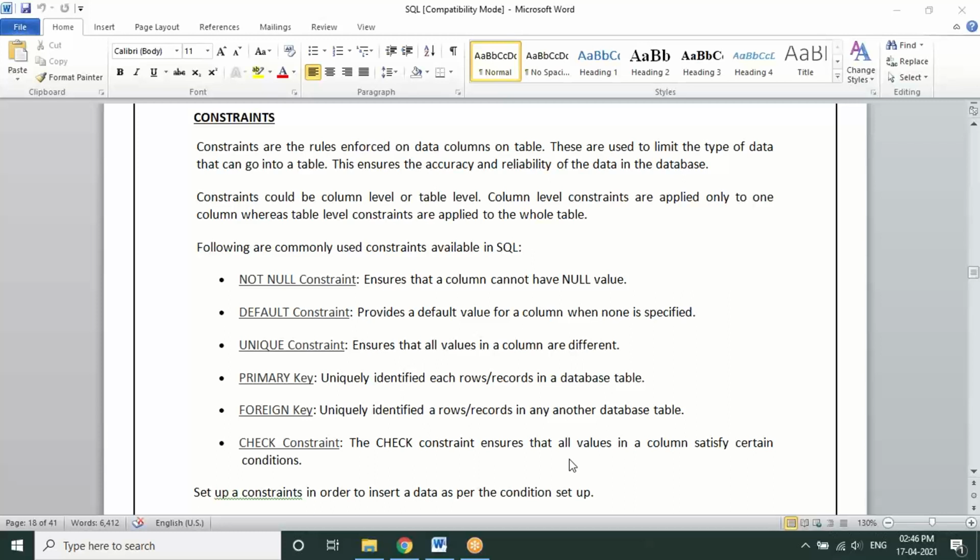How many classes did we cover for SQL? Actually, not classes. I guess the entire last week we were on SQL only, and the last 2 days we were discussing SQL. Today, the institute asked me to cover everything with SAS because we have been extending many classes. So today is an elongation of 1 more hour. 2:30 to 5:30 is the session for today, in which we will try to cover all the SAS part completely.